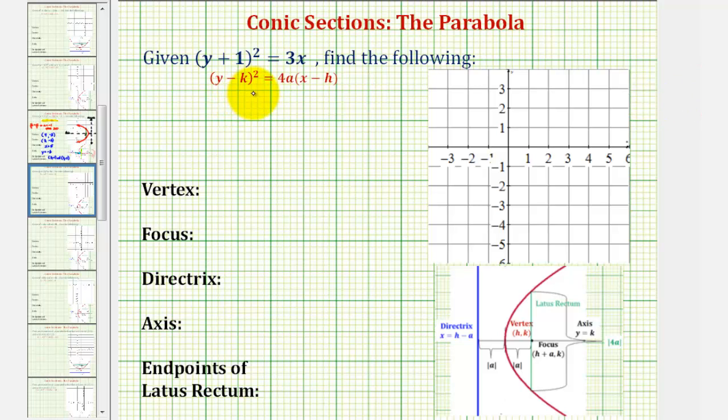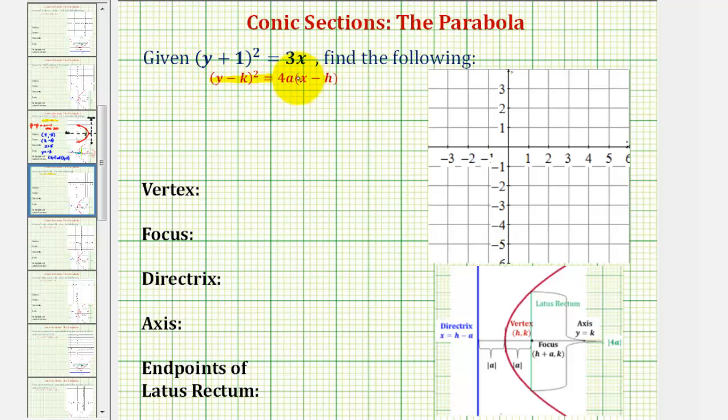Welcome to another example on how to graph the standard equation of a parabola when the vertex is not at the origin and the parabola opens left or right. The first thing we should recognize about the equation is that the y part is to the second power and we have x to the first. This is the reason why the parabola will open left or right, which means we're working with the standard equation